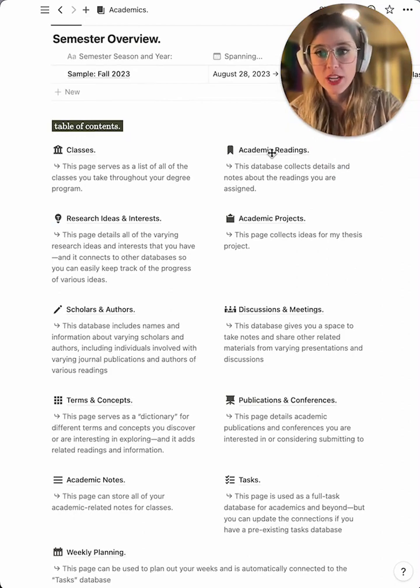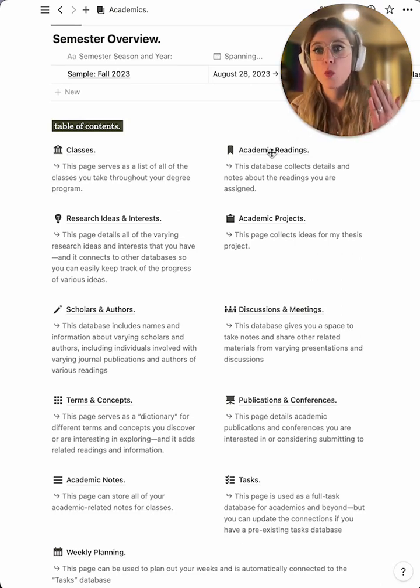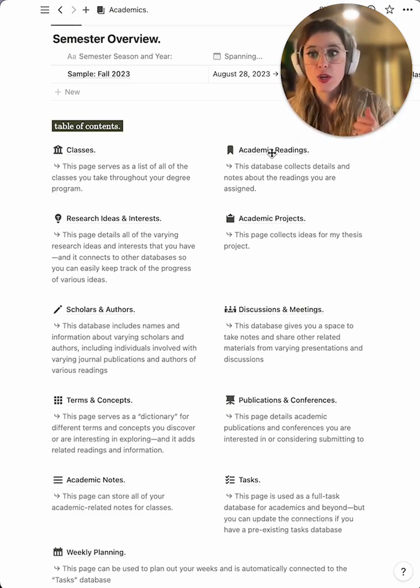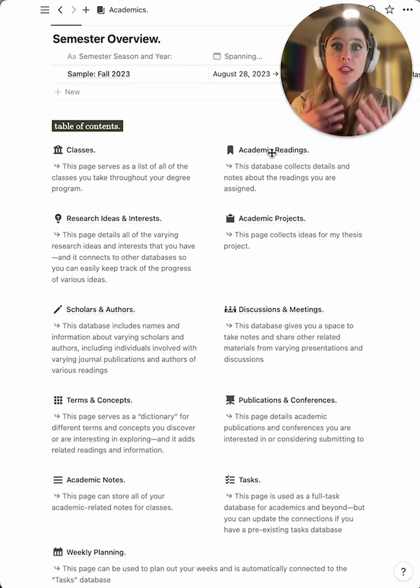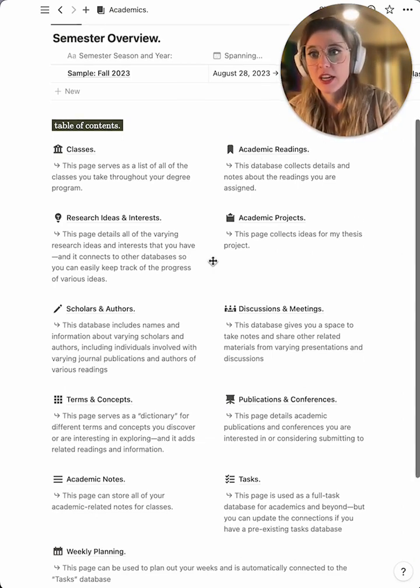Your academic readings database helps you manage all of the readings you do for classes and your independent studies and your different projects that you're personally working on, your research, as well as integrating with other databases to keep track of how different scholars and authors are showing up in the research that you're doing regularly, as well as just giving you a space to connect different readings to ideas you have, which leads me to the next database,